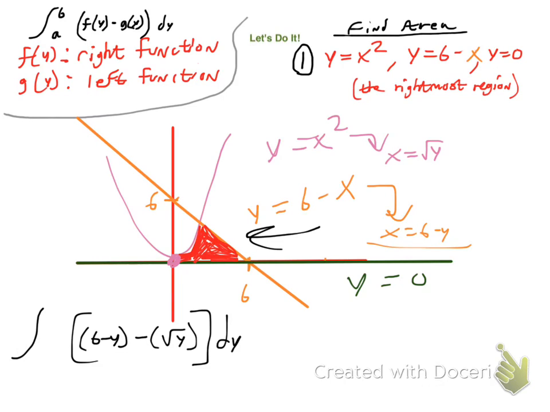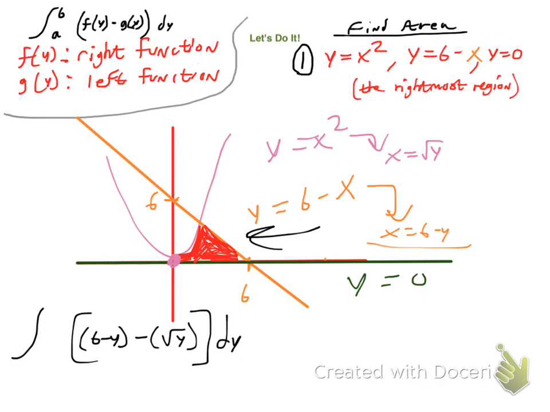Oh, we need to get our limits. We need to find out what our limits are going to be. The a and b, what are those going to be? Those have to be y coordinates. They have to be values of y. So what are those going to be? Well, the bottom y part of the curve is y equals 0. That's a natural function that was given to us, y equals 0. And